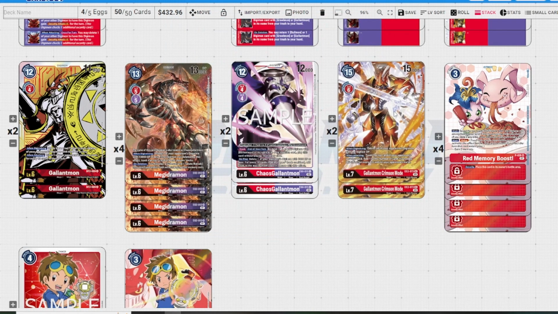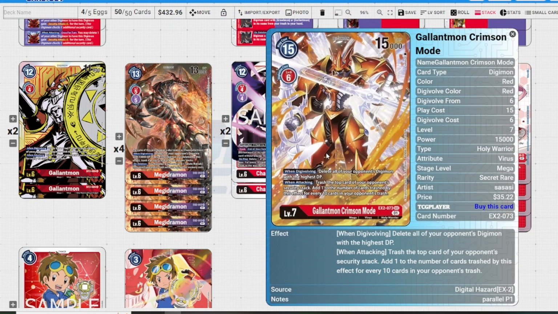And then you also have this to finish games off, because you will be getting blitz, hopefully. So when Digivolving, delete all your opponent's Digimon with the highest DP. Now this was the one you don't really care for much, because you're trashing security nonetheless. But then trash top cards of your opponent's security. This starts at 1. Add 1 for every 10. So if you've somehow done this, and you've trashed 2 or 3,